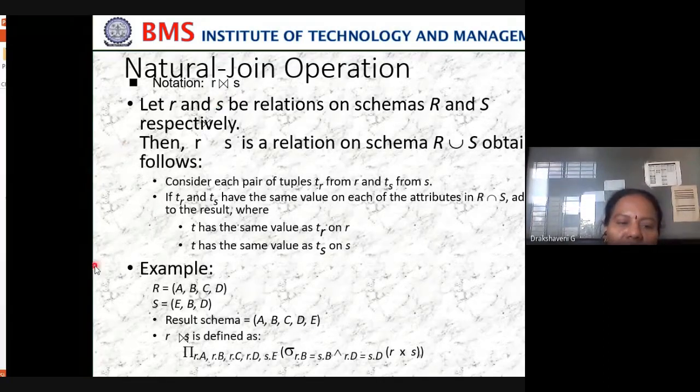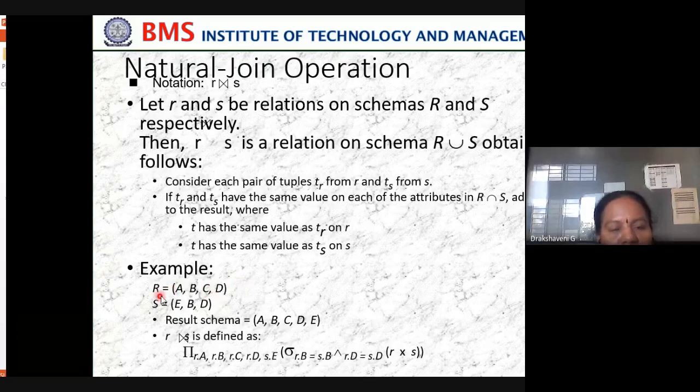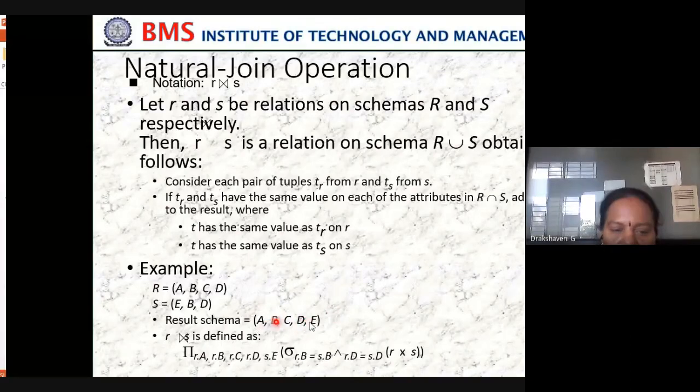Let us take an example. R(A, B, C, D) is one relation and S(E, B, D) is another relation. How do we join them naturally? We write A, B, C, D from R, and from S we take E; B and D are already there. This is the schema.